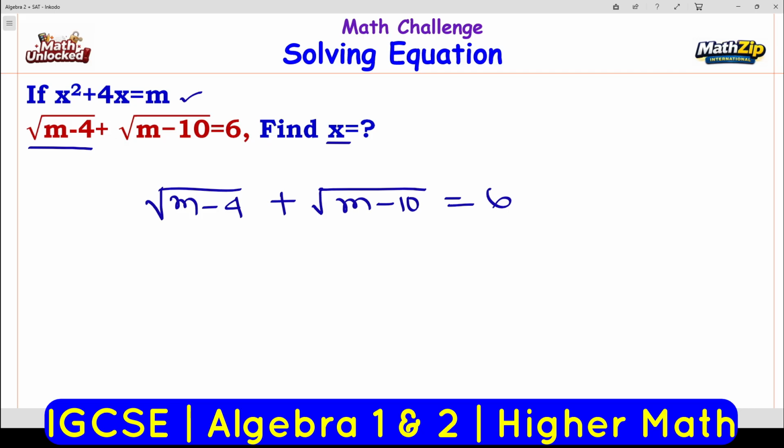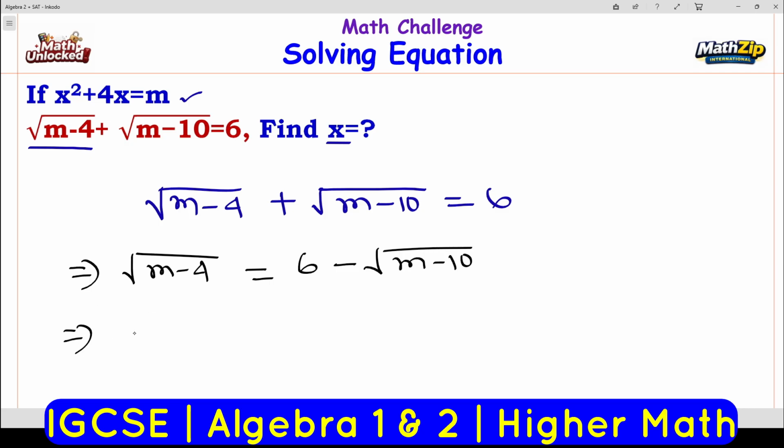First one, here is root m minus 4. We will subtract both sides by root m minus 10: 6 minus root m minus 10. Now we are squaring both sides. So root over m minus 4 square, and this one also 6 minus root over m minus 10